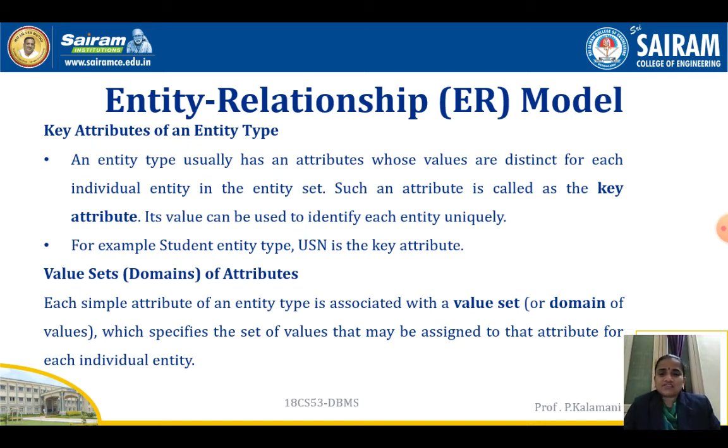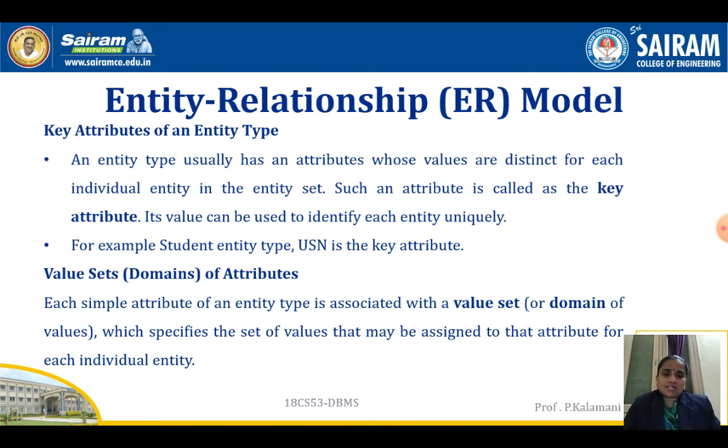Next is value set of attributes, which we call a domain. Each simple attribute of an entity type is associated with a value set or domain of values, which specifies the set of values the attribute is going to take.